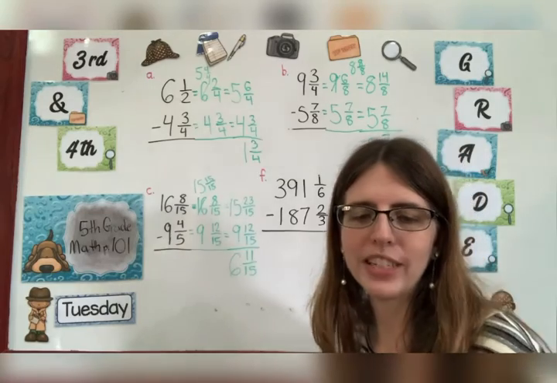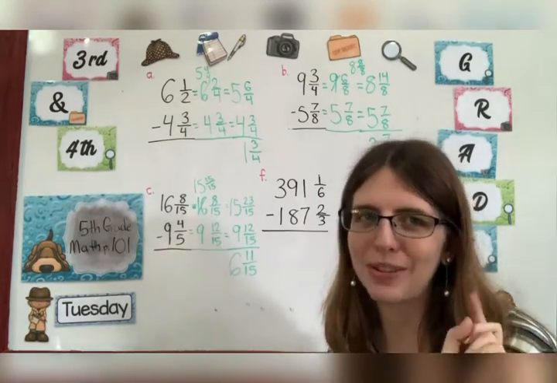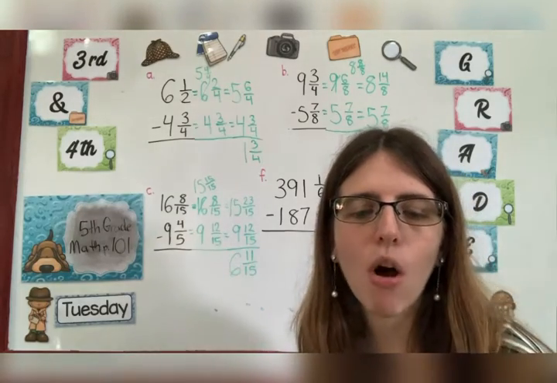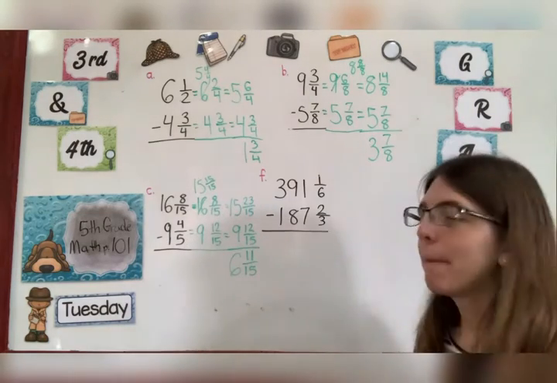All right, now we're going to skip over D and E. That doesn't mean you can skip them on your paper. You still have to do D and E. You're just doing them by yourself. D and E are very small. You got this, okay? So you're going to do D and E by yourself, but let's go down and do